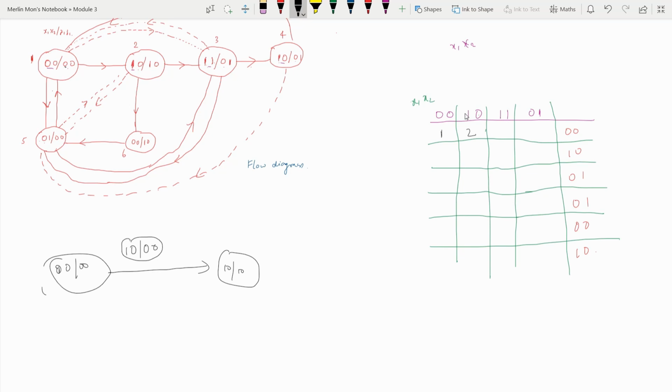And now next is 0 0 1 1. Let's look at this. Where is it? Oh, I'm sorry. This 1 1 0 0, it is written like x1 x2 z1 z2. So 1 1 0 0. Where is that state? Yes, it is starting from state 3 to state